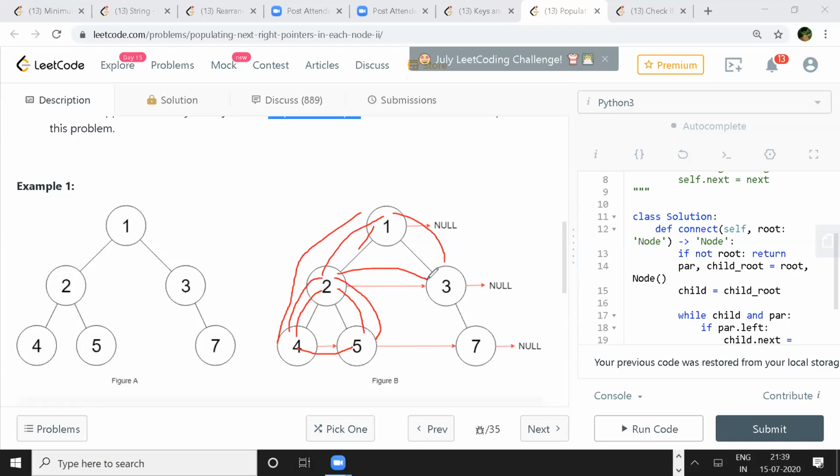But don't you think a map is extra space outside the stack frame? Yeah, that's a good point. So why don't we use the level, right? If it is in the same level, then we know that it has the next one, like 4, 5, 7 are in the same level. So if you start with 4, you know that. We need to find the child in the same level, and the last child will have null. But for finding the level, I guess then it becomes BFS.